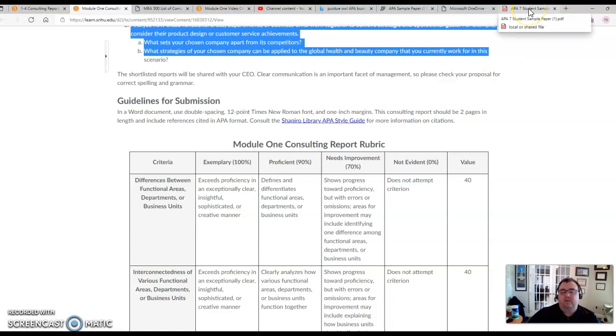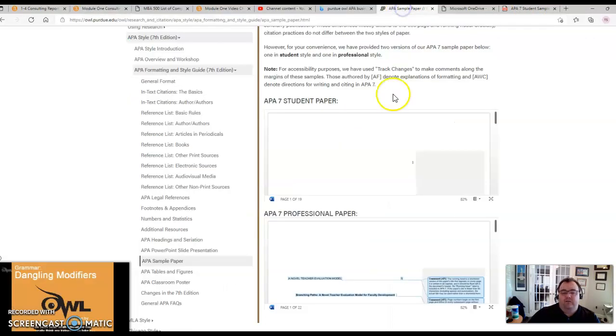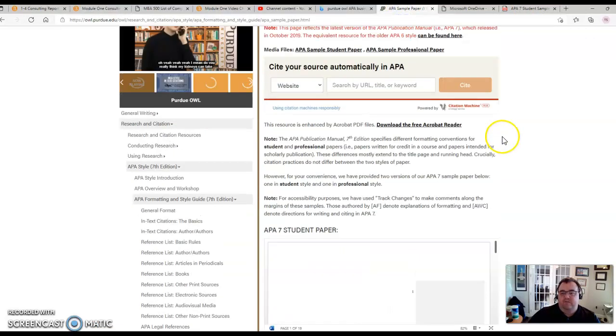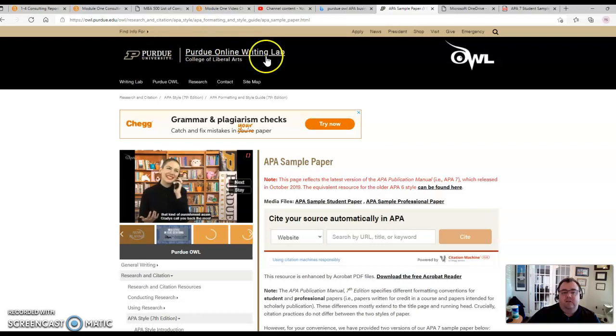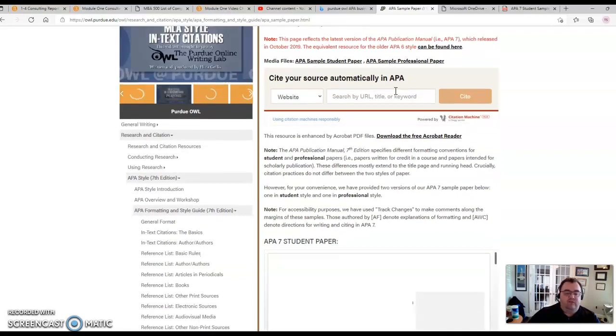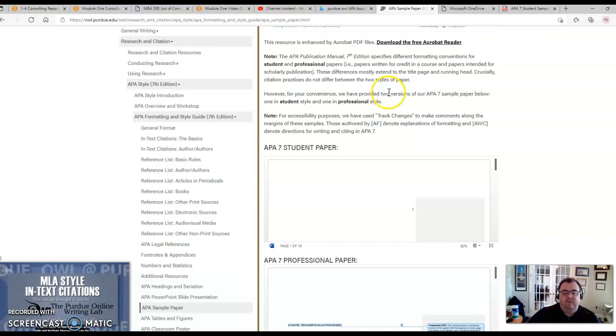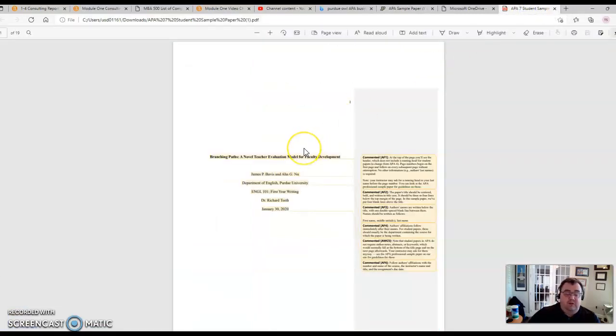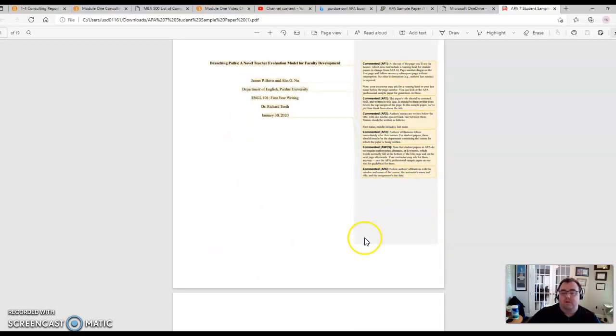So let's quickly take a look at this. You can find the style guide either in the Shapiro library, and I've also recommended for several years looking at the Purdue OWL website, Online Writing Lab. They're a great resource if you are looking for style guides. They have references, the whole 9 yards. This is a very helpful website, and I'll put a link to this, and I'll also upload this PDF. But this tells you this is your cover page. Everything's got to have a cover page. It gives you some comments on it.